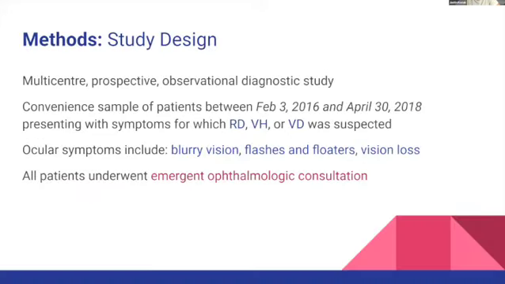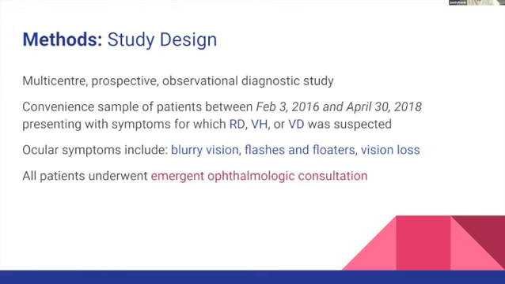So this is a multi-center, prospective, as opposed to retrospective, observational diagnostic study, as opposed to an experimental study or a therapeutic study. Convenient sampling of patients over the span of just over 2 years. Patients were presenting with symptoms for which one of these diagnoses was suspected, and symptoms included blurry vision, flashes or floaters, vision loss, and then all of these patients underwent emergent ophthalmology consultation